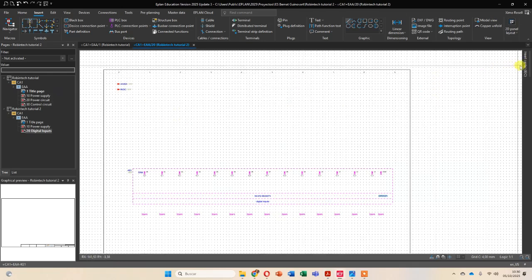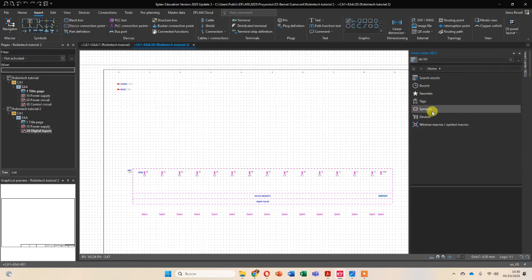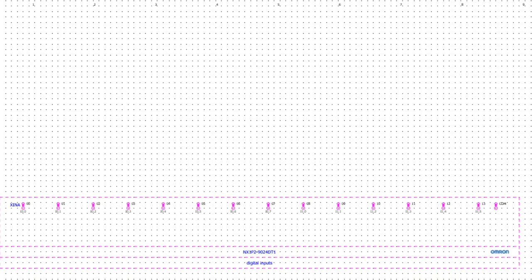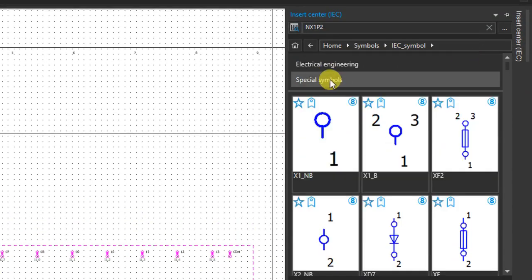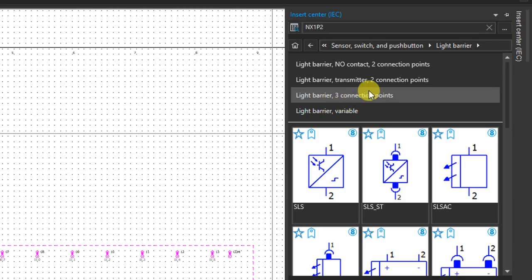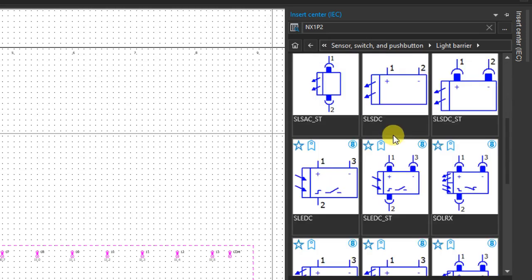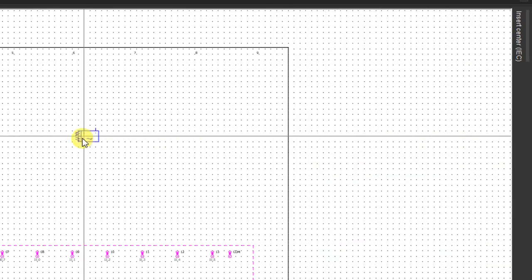So we come here, and here we're gonna click. We'll click in home, and this will be symbols. Okay, so symbols, IEC symbol, electrical engineering, sensor, and we have a light barrier or proximity switch. Okay, so first I'm gonna enter the 2 light barriers, which will be this. No, not this one, this one. Okay, so 1,